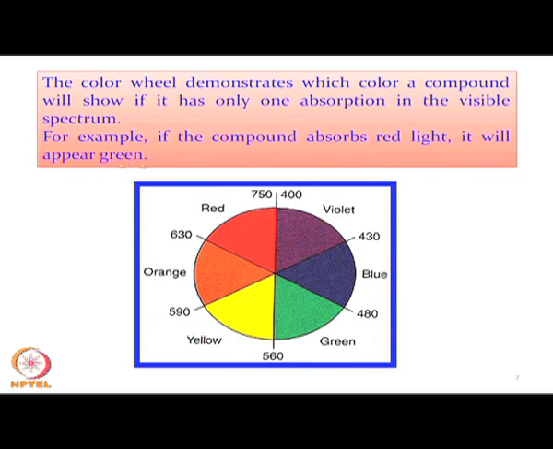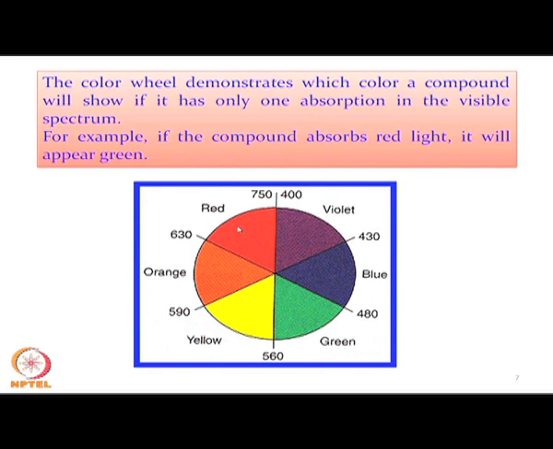So, when we see a solution as green, say a green solution of copper or nickel 2 plus, that means when the color of the compound is green, the absorption is definitely taking place in the red region, completely on the opposite side. So, if the absorption is taking place in the range of 630 to 750 nanometer, we can only see the solution color as green. That means the nickel 2 plus solution or the copper 2 solution appears mostly as green or bluish green,